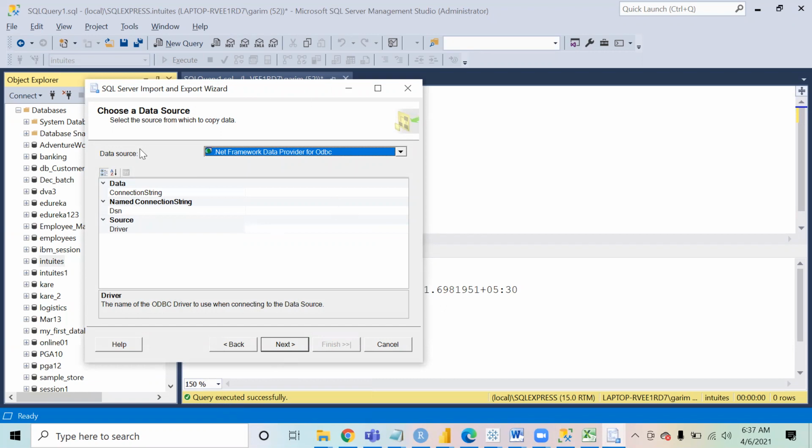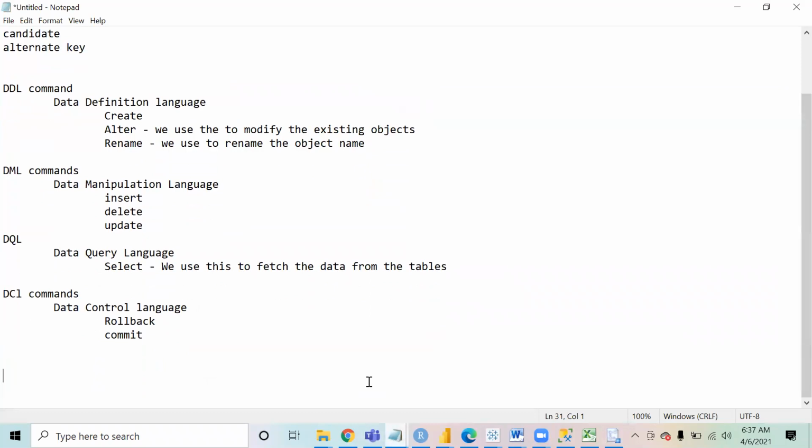Now, whenever we import data, it's not just about SQL Server, it's like any tool. When you import the data, there are always two things that we discuss. One is called the source, another is called the destination.